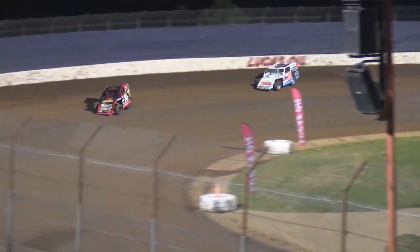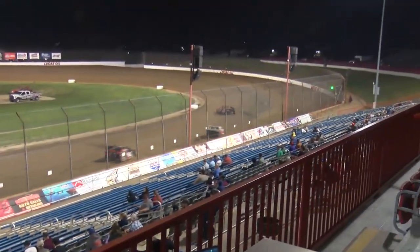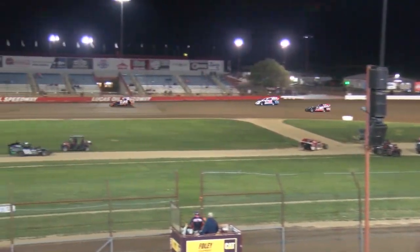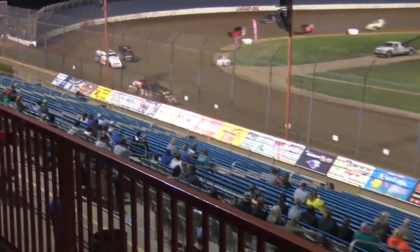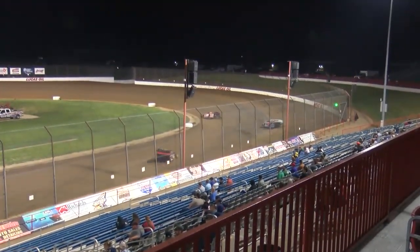Here comes Nick Binniger, the Perry, Kansas 3B. As he looks around, here comes Lyle. Lyle stays to the low side. They call him the Gator as he trolls, part of that Gator Graphics race team. It is Phillips, the Andes Frozen Custard, number 75. Phillips on the move, the GRT by Phillips race chassis underneath him. In that second spot, it is the 3 of Nick Binniger, Perry, Kansas,